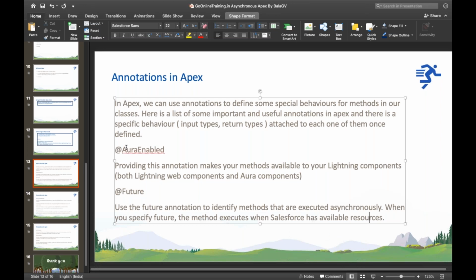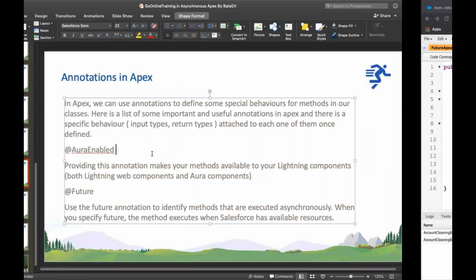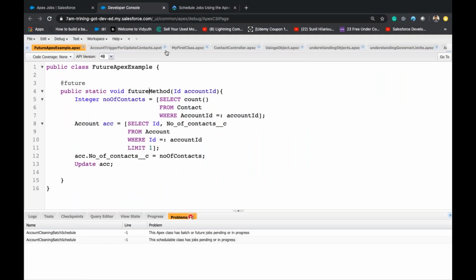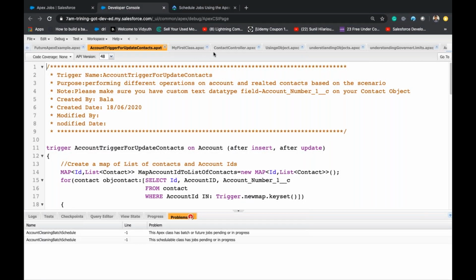Then @AuraEnabled. This annotation is useful for Lightning components development. We will discuss this later, but I just showed you something.